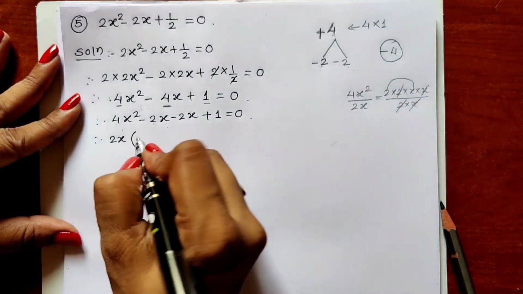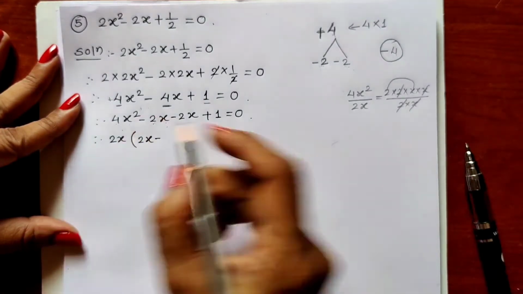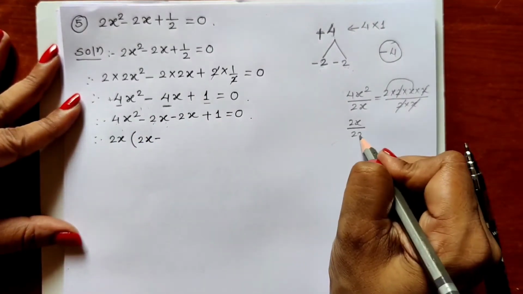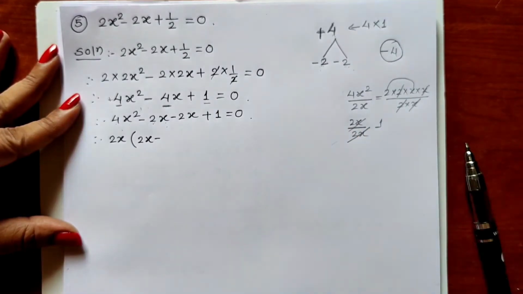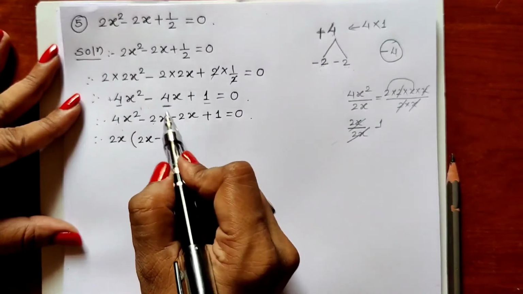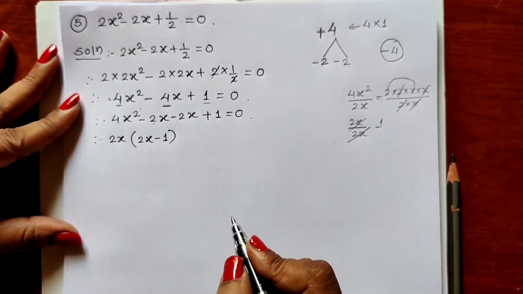So that 2x we write inside the bracket. Minus, from the full 2x, we have taken the complete 2x common. So 2x ones are 2x. What is remaining? 1 only. When a full term is taken out common, always 1 is remaining. Okay.